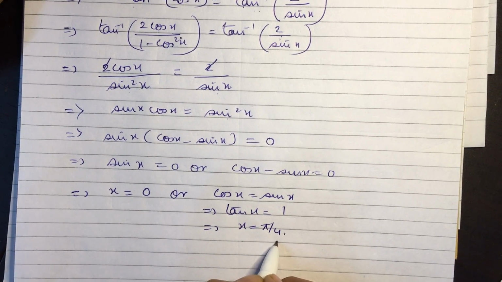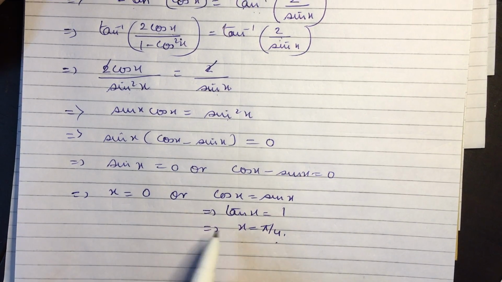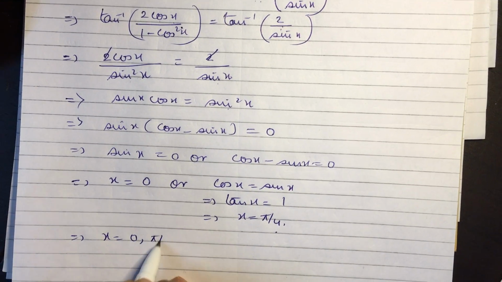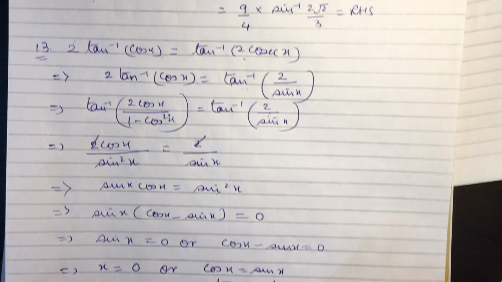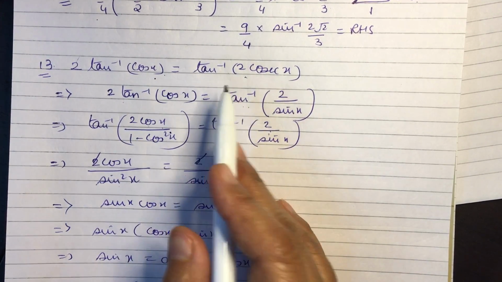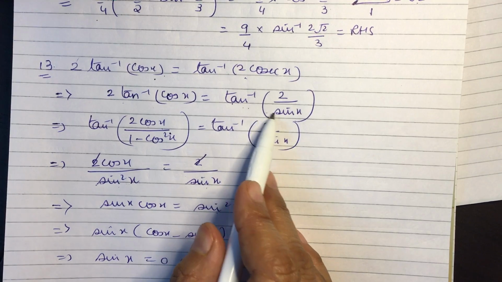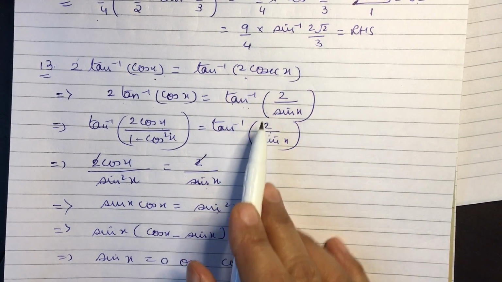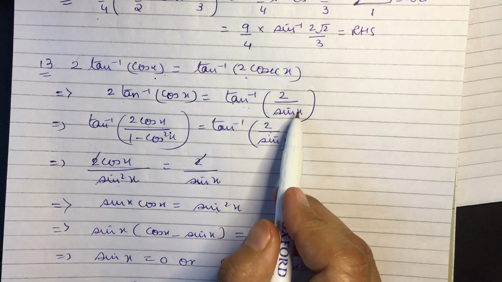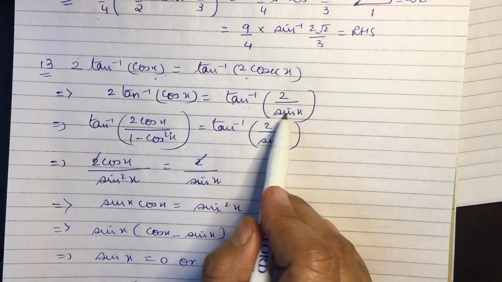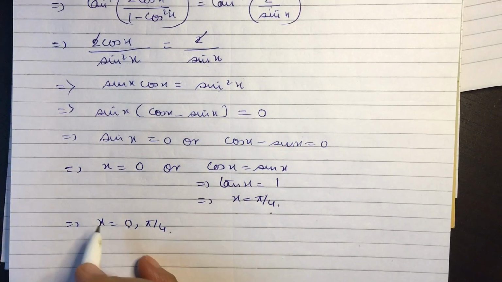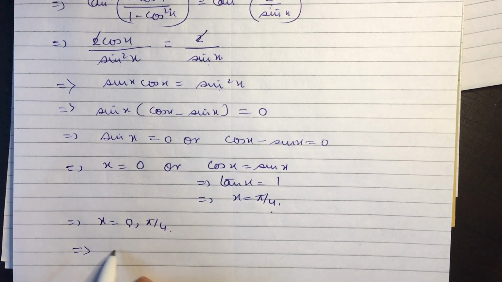Now we look at the domain. We have got x equal to 0 and π/4. We will again relook at the question and see which one will satisfy. Now very obviously, when you put x equal to 0, sin x is 0 and division by 0 is not possible, so x equal to 0 can't be taken, and so we report x